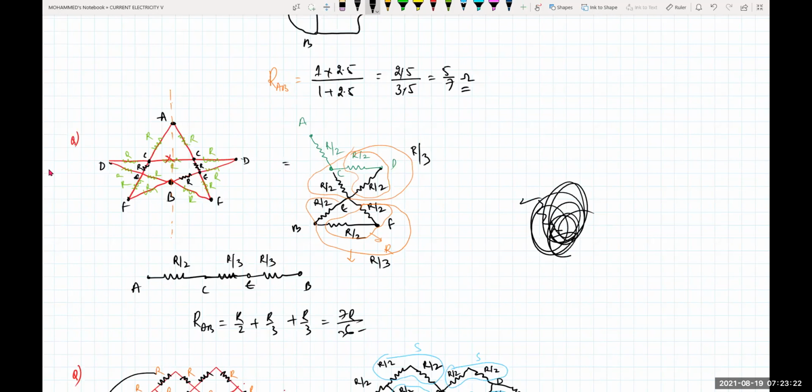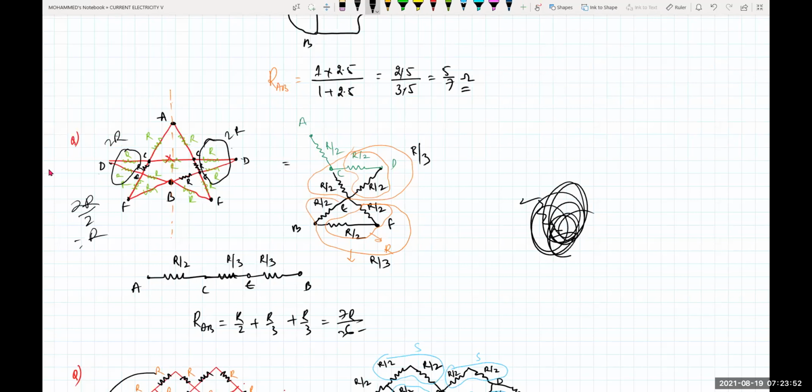Okay. Now see this. This two will be which combination, beta? Series. This two will what combination? Series. So how much is it? 2R. This one is how much for me? 2R. Yes, sir. When you overlap this one, when it goes on this one, beta, when you fold it, this 2R and this 2R in which combination? Parallel combination. So that will become how much, beta? 2R by 2. That will be equal to how much? R.